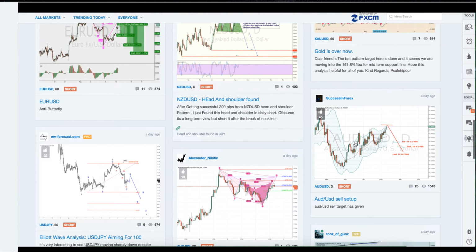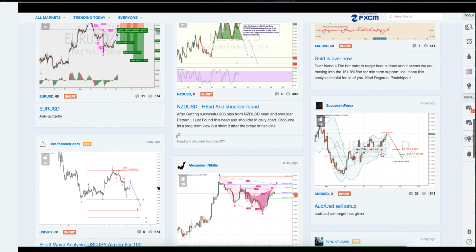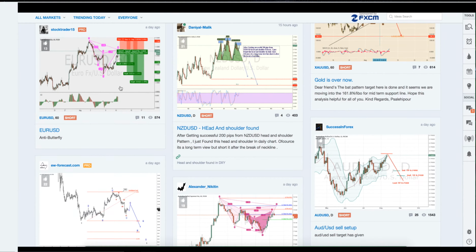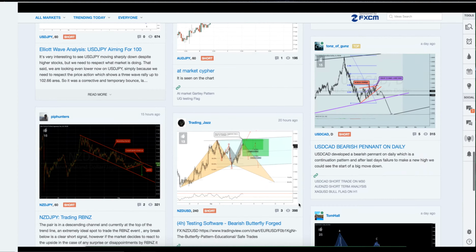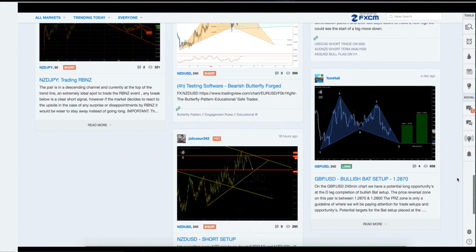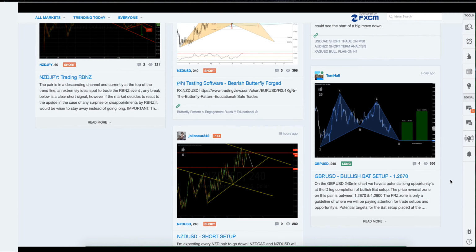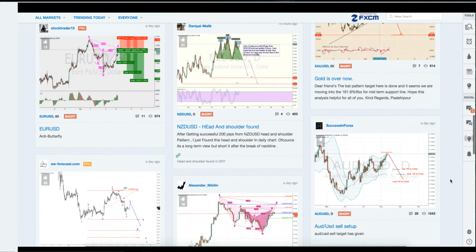We have various indicators people are using. We have people working on the daily time frame, the hourly time frame. This guy is looking at the 4-hour time frame over here, and so forth. So if we get too involved in everybody's analysis and so on, it can get a little bit messy. Okay, so that's all I'm going to say.